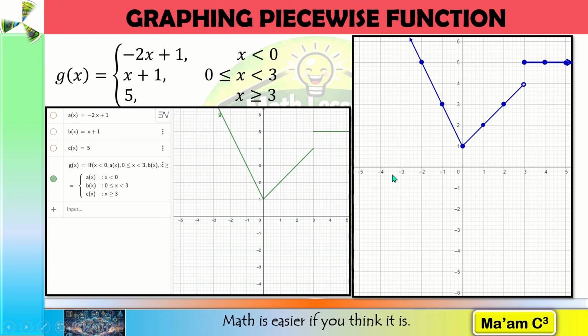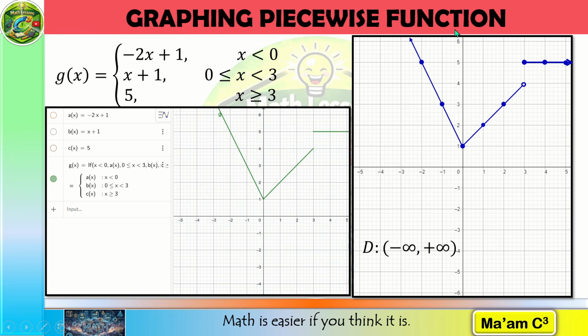range. For the domain, you're going to focus your eyes on the x-axis. Negative x values, we have corresponding graph. Since this will extend indefinitely going up, it will cover all negative values of x. For positive x values, we also have corresponding graph. Although at x equals 3, this is open, but with the third condition, it was closed. So, since this will extend indefinitely to the right, there will be graph on all positive x values. So, our domain is negative infinity to positive infinity.